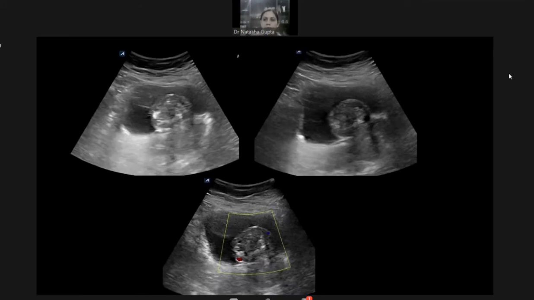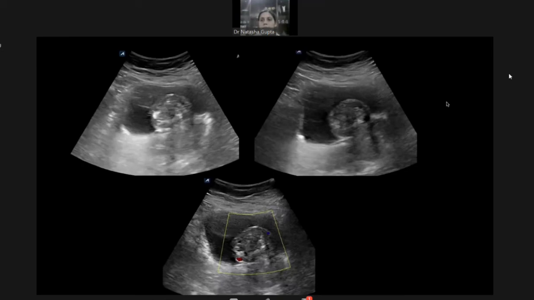So it is a solid mass, it has some vascularity, and we are also able to appreciate much better, in a much more definitive way, that there is an intravesical component as well as a large extravesical component which appears to be even bigger in size. Okay, either bigger or maybe we can say equal, but it does appear to be a little bigger than the intravesical lesion. Yes, ma'am. Another thing that you should comment upon here is what is happening to the wall of the bladder in the region of the mass.